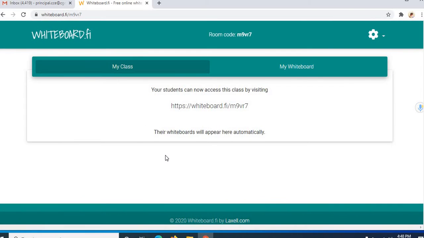Once you create a new class, if you want to share this whiteboard with your students, you just need to copy this link and share it with them so that your students can also work on the whiteboard. The beauty of this tool is that it not only creates a board for you as a teacher but also for your students.